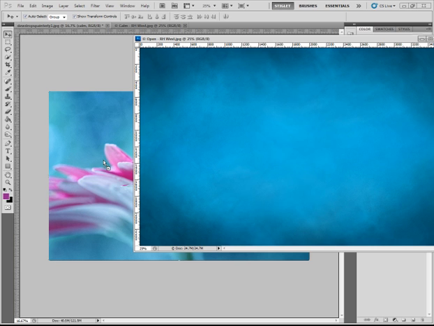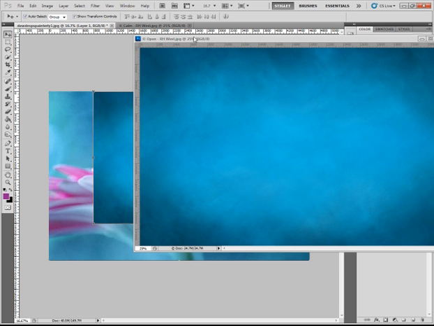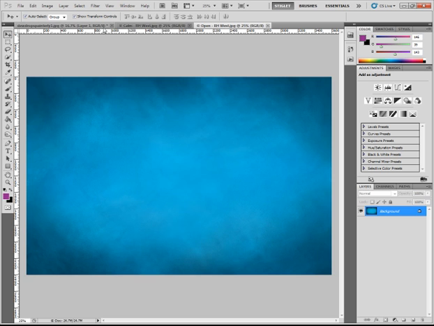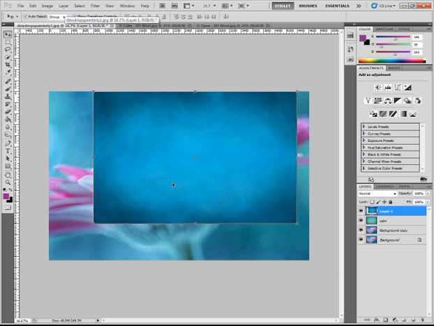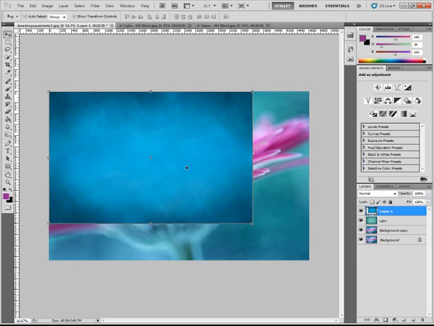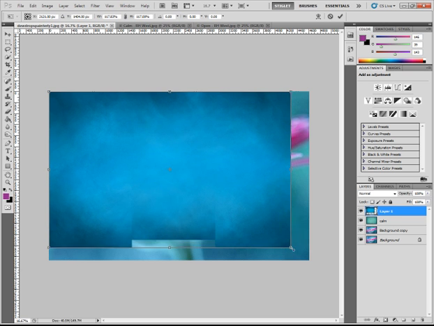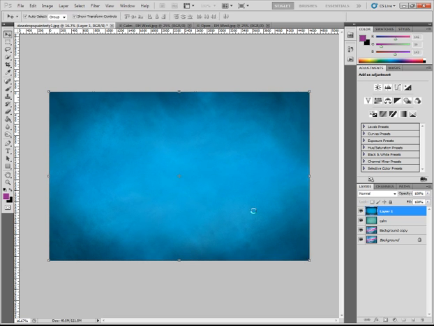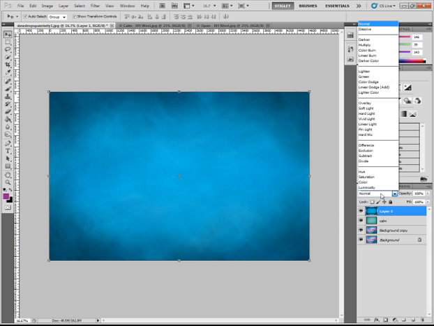Click and drag, and you know when you've collected the texture because there's a little square with a cross in it and a little rectangle behind it. That means you've picked up the image. Then let it go on the image, pop that back up, and there's the other texture. So this is our second texture, and you can see in my layers panel over on the right that it's layer 1. It's right at the top of the pile, which is where you want it to be when you're working like this. And again, I'm just going to drag it to fit, double click to select it,